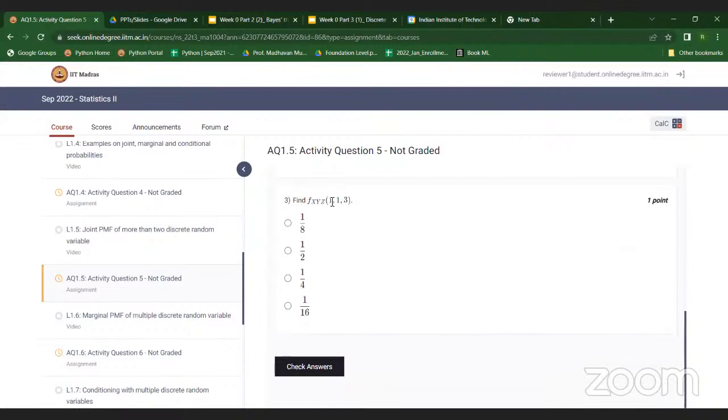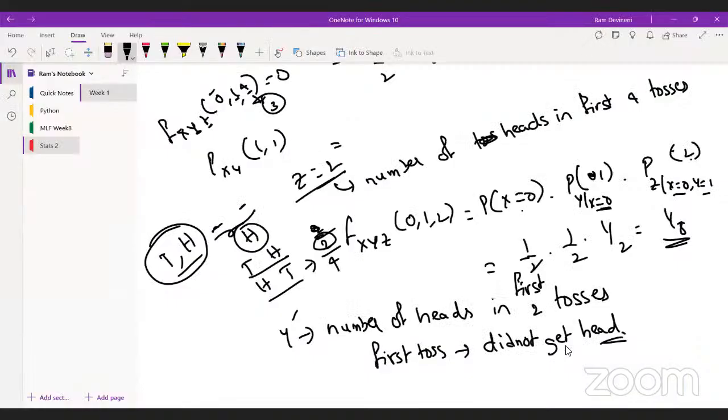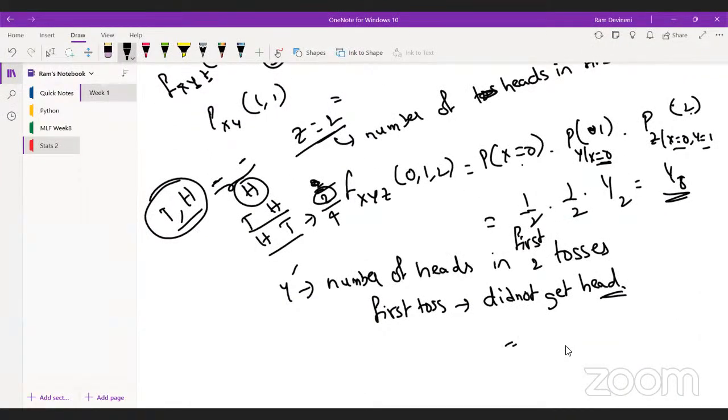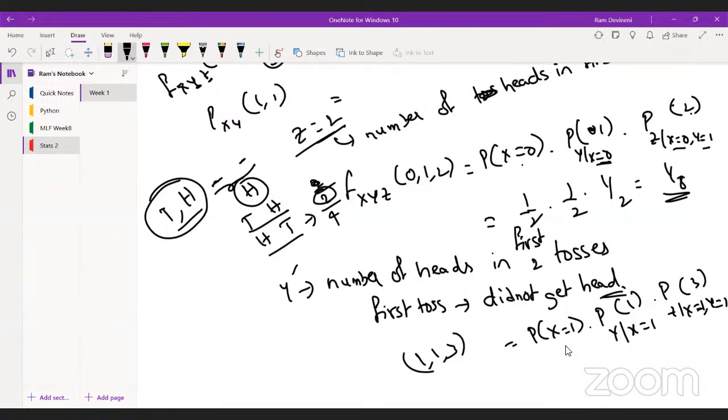So now we'll come to this 1, 1, 3. Again, we will use the same conditional one. Since it is 1, 1, 3, it's going to be the probability for x equals 1 multiplied by the probability of y equals 1 given x equals 1, multiplied by z equals 3 given x equals 1 and y equals 1. The probability for x equals 1 is half. That is, in the first toss, the probability that you get a head is half,